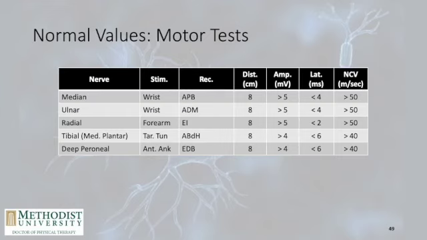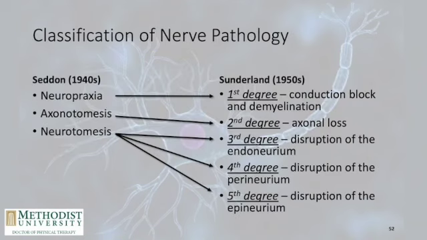So same thing with motor testing. Obviously we have some normal values. Just be aware of the different nerves that we can test, and obviously be aware of what muscles those nerves innervate. A lot of words on this slide, a lot of new terms. Okay, there's a couple different